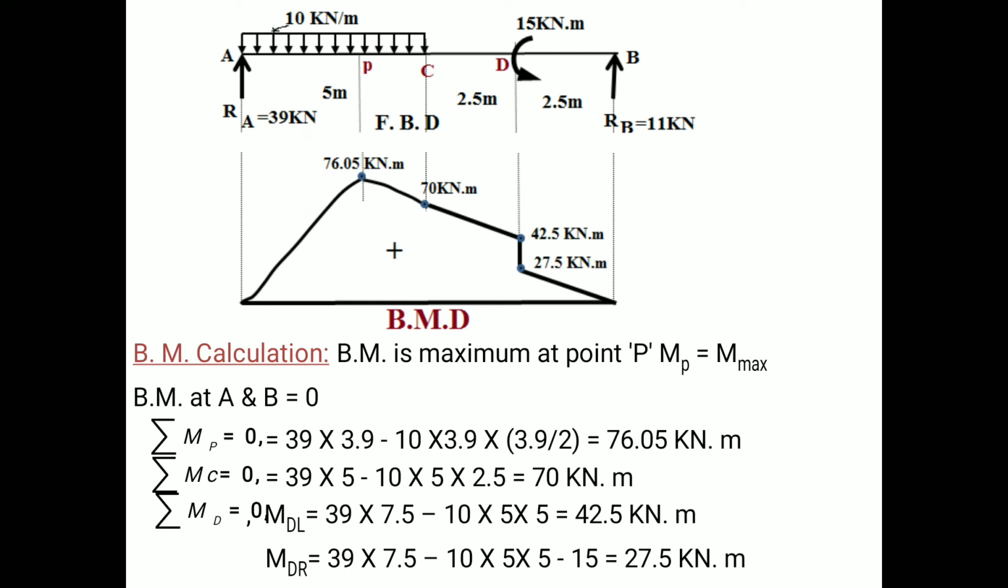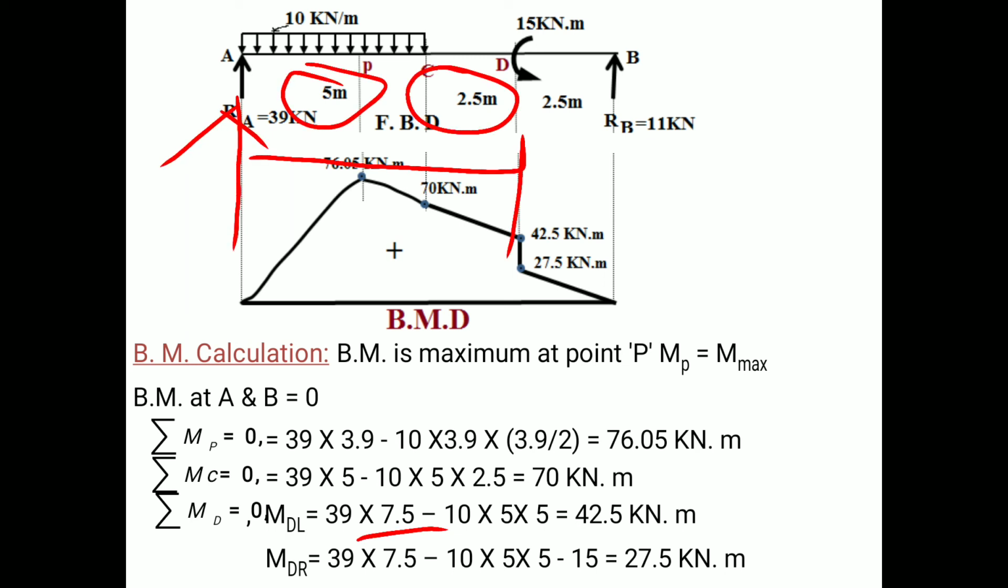Now we are going to calculate the value of moment at point D. Remember that at point D a moment is acting, therefore we are going to calculate the bending moment left of D and right of D. Moment at left of D is 39 into 7.5, because the distance of D is 5 plus 2.5, which is 7.5, minus